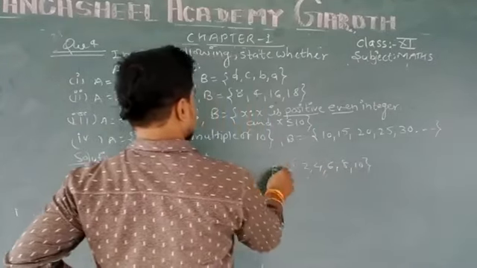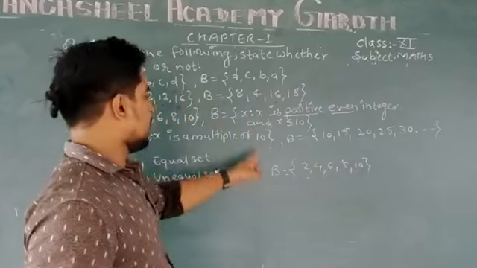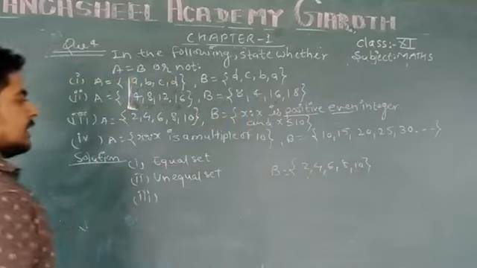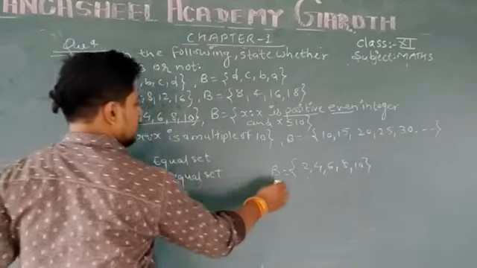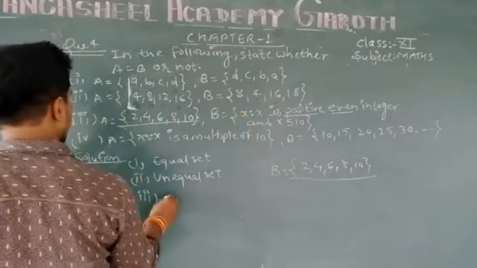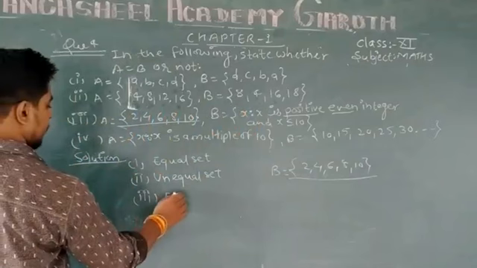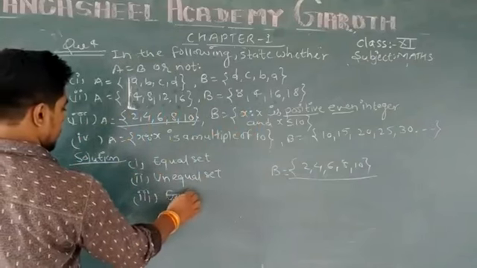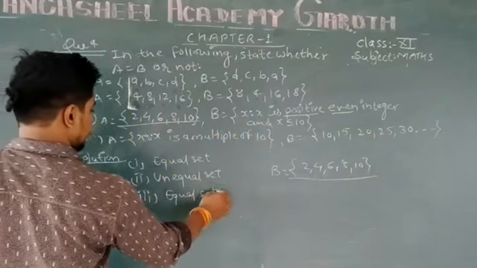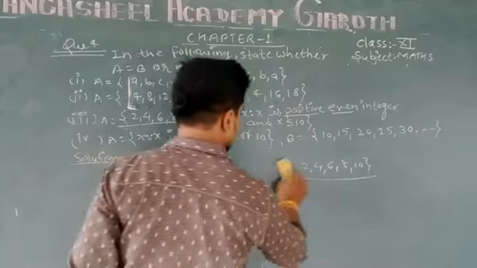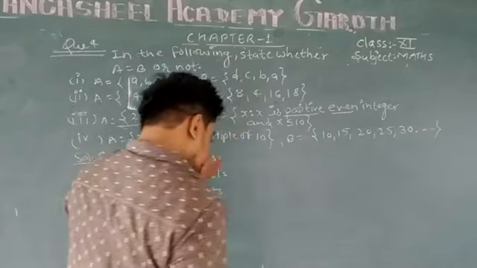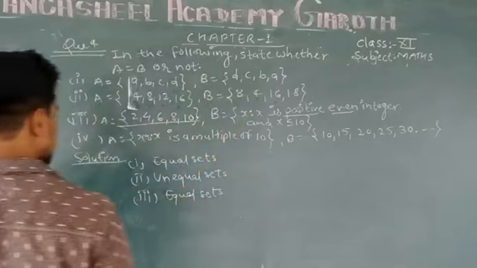It means the roster form of set B will be 2, 4, 6, 8 and 10. Therefore, this and this both have the same elements. Therefore, the third case will be represented as equal. Okay. In the next,